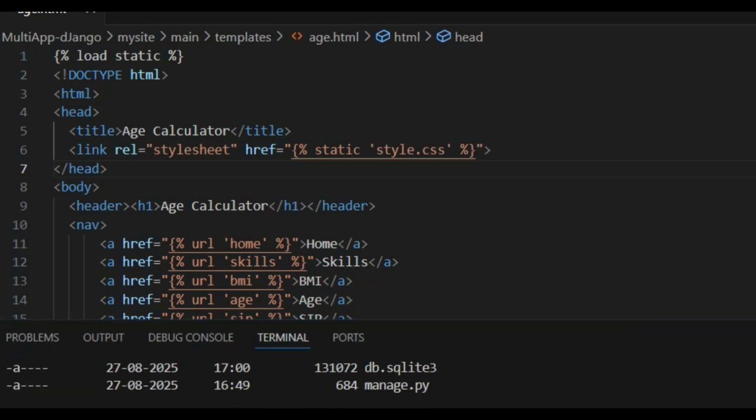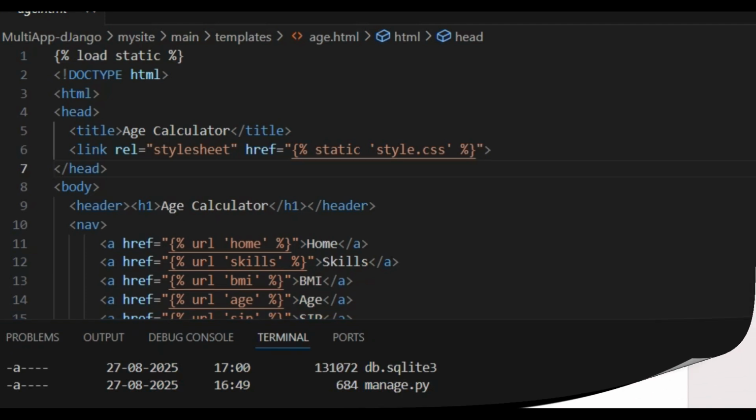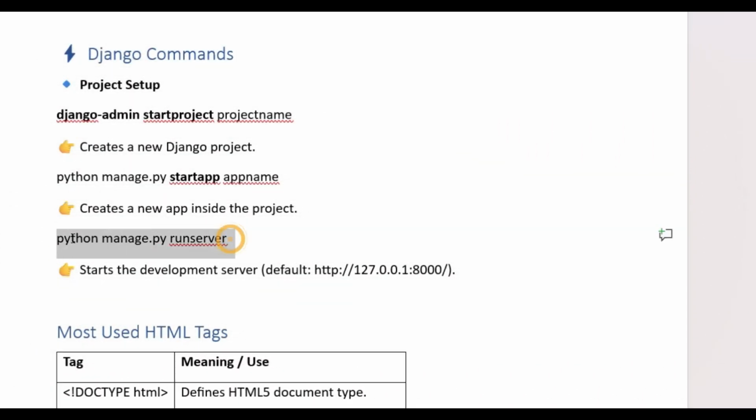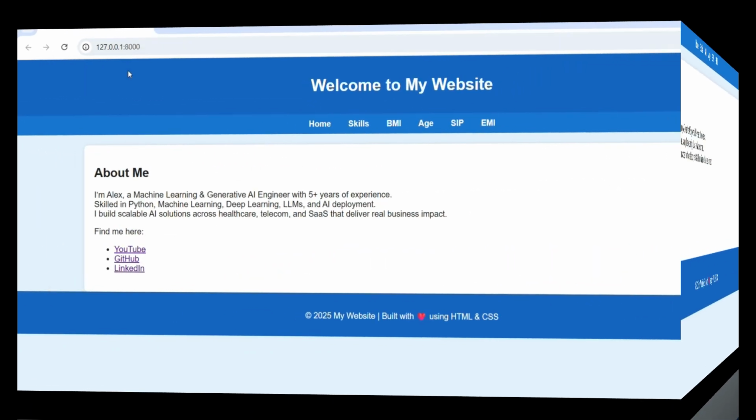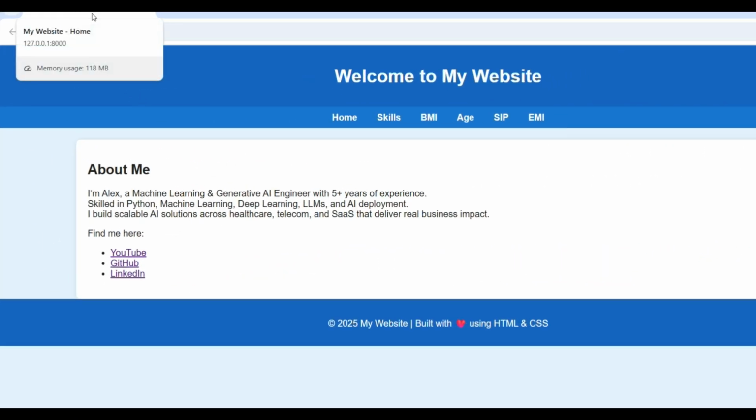For execution, what we have to do is run the server: python manage.py runserver. Now put the cursor over here and get the follow link. Now you can open it over here. So here is my website and home.